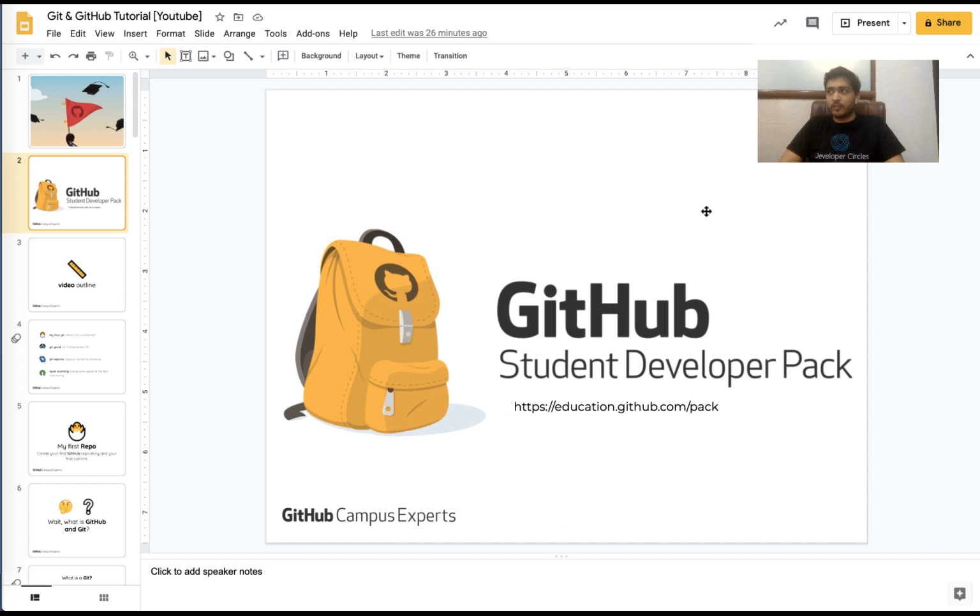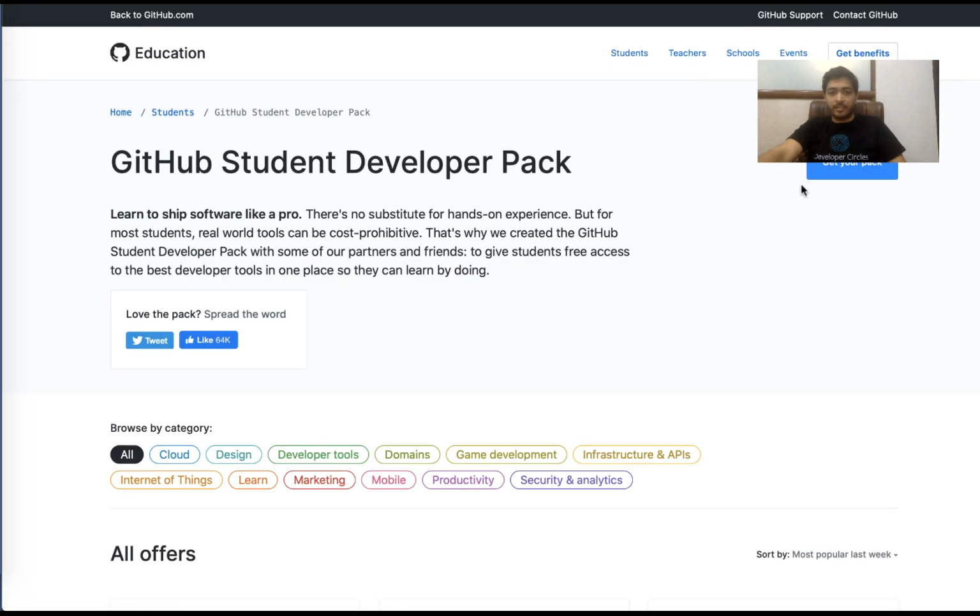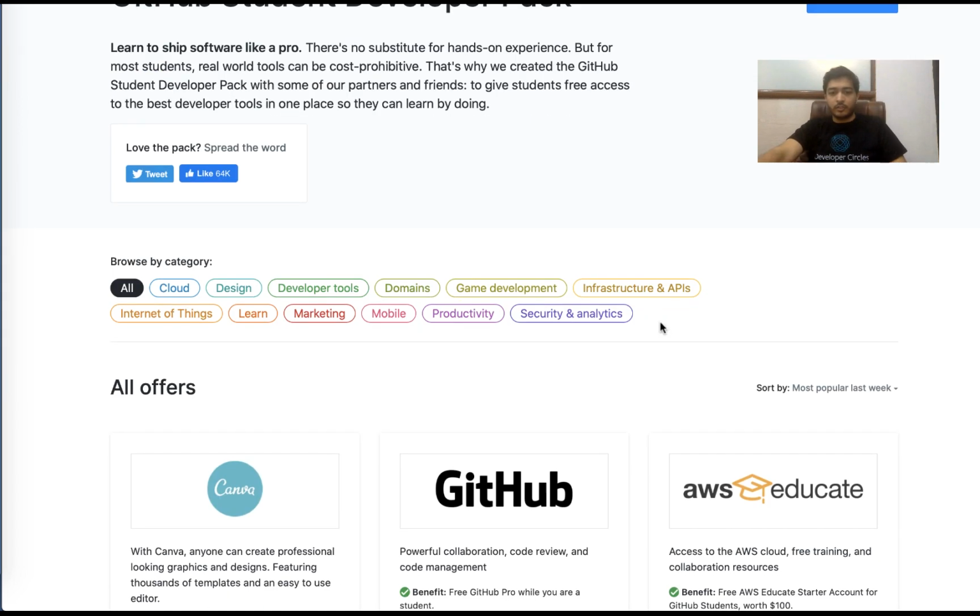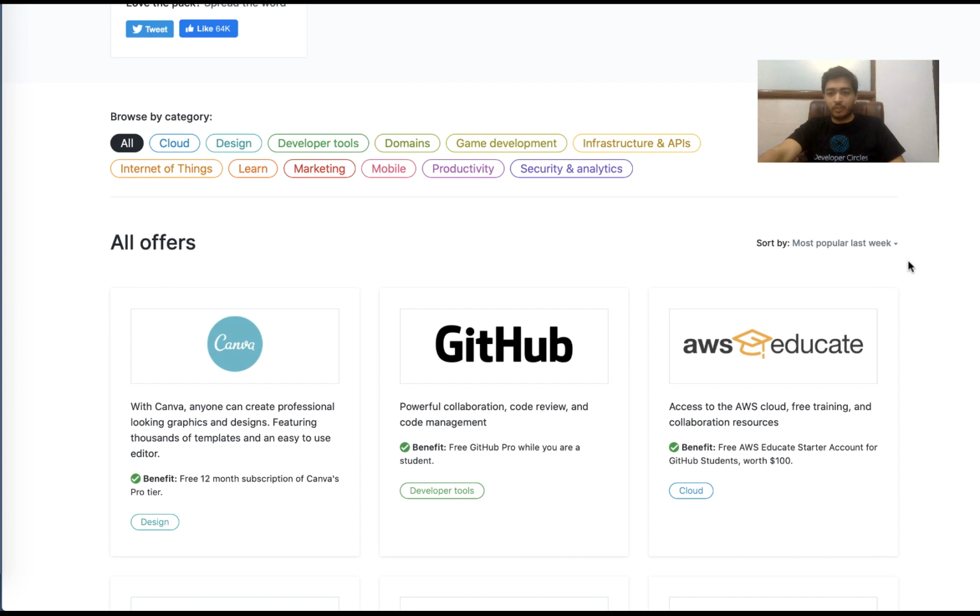If you are a student, you are in luck because GitHub has a Student Developer Pack which has a lot of benefits, but only if you are a student. You can click on this link to get routed to the application for that particular program, and this is the page that you get routed to. You can get your pack, click on this, and it would ask you to verify that you're a student, and the easiest way to do that is either through your university provided email or by uploading the picture of your student card. Some of the benefits included in this are free credits on different sites like AWS Educate.